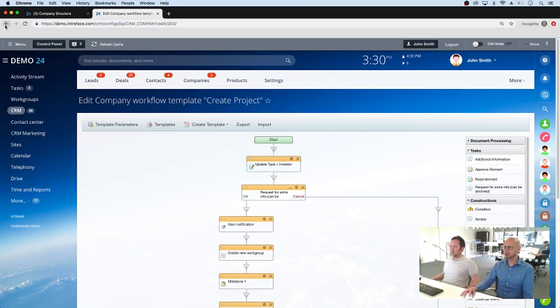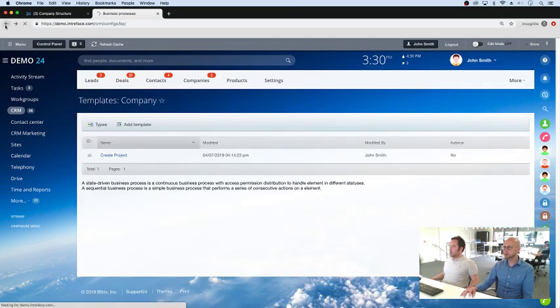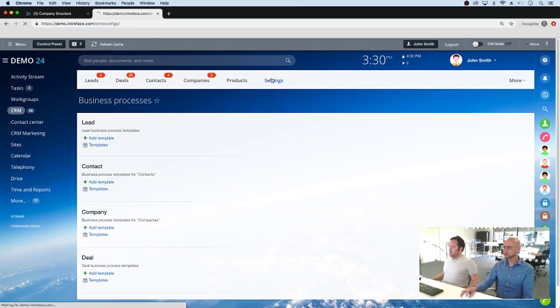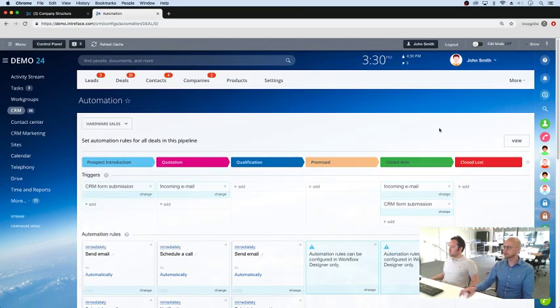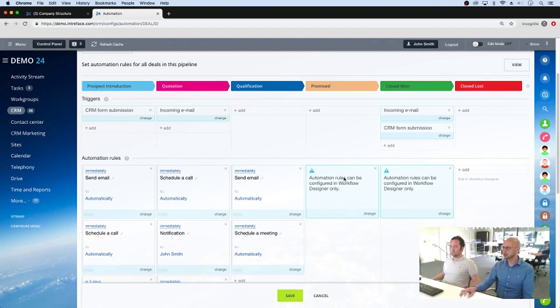If we just go back and have a quick look at automation settings. Automation exists in leads and deals. It looks a little bit different. We looked at this a bit earlier on leads. Essentially, automation is based on the stage of a lead or a deal. Based on a lead or a deal being at one of these stages, it's going to trigger